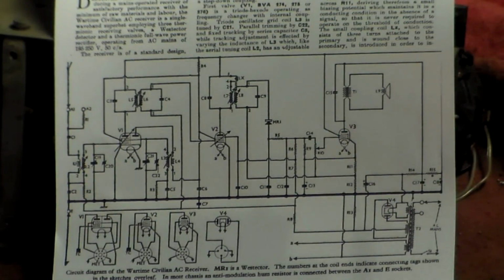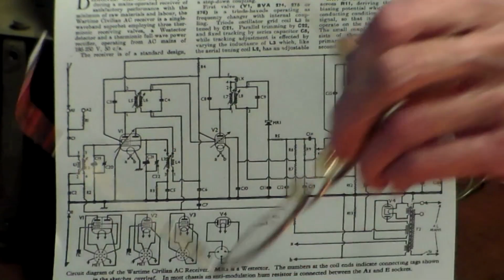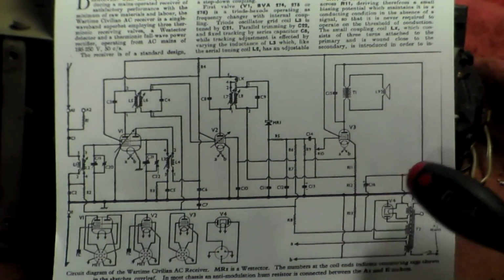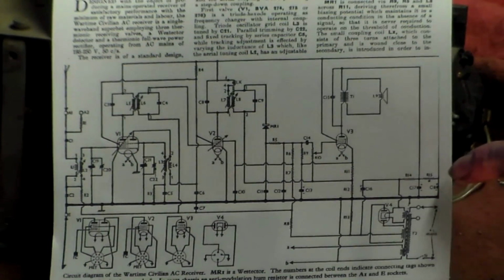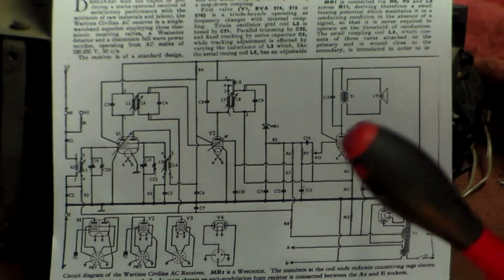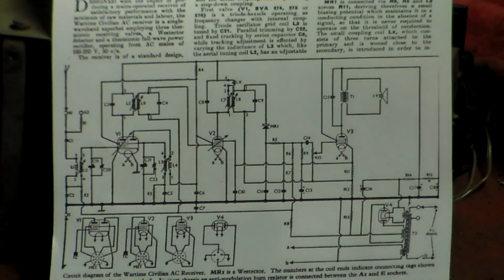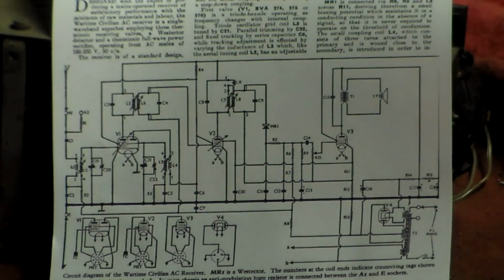Now, smoothing capacitors. Right, well, this is the interesting bit on these. There are 3 smoothing capacitors here. 2 on the HT, put there like that. And there's one also which goes to the centre pin of C2, the HT. The HT on these goes to the valve anodes here, and to that valve. And the cathodes,